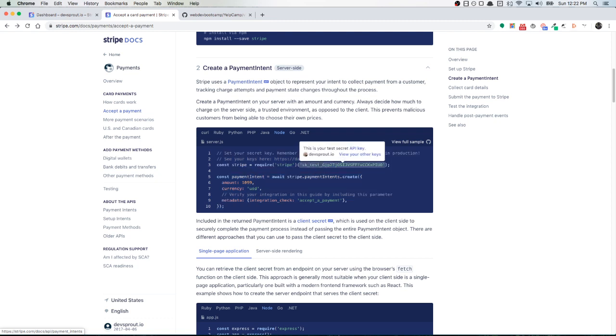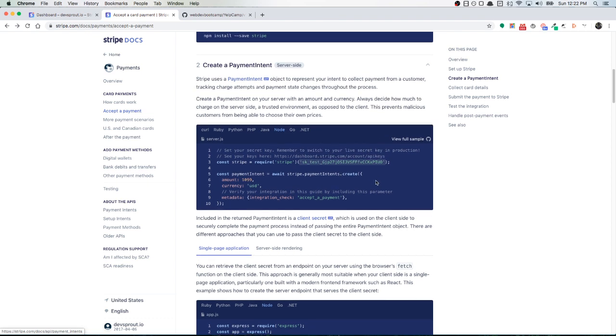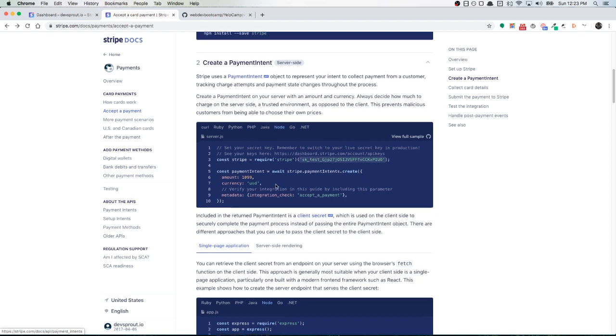And by the way, this right here, oh great. This is my test secret API key now that everybody can see it. When you go through the tutorial when you're logged in, it shows everybody your stuff. So this is a test key. You can't do anything with it. I will be rolling it and changing it after the tutorial's over. So use your own key, please. All right, so